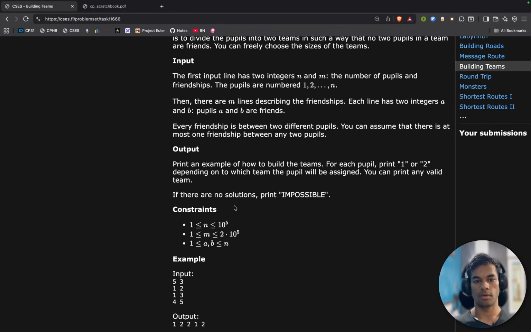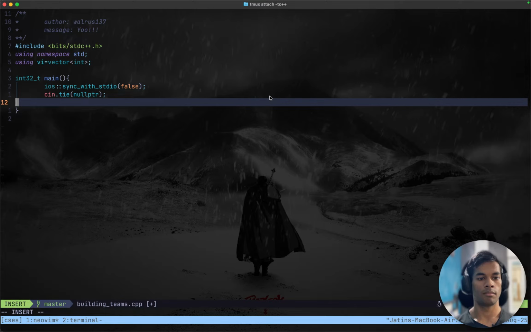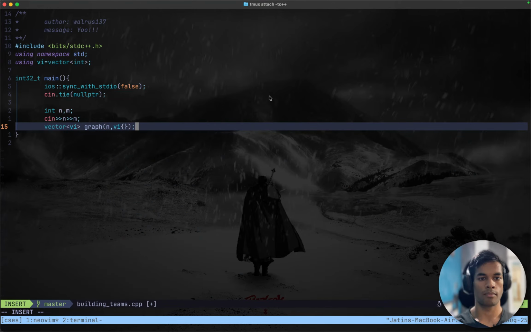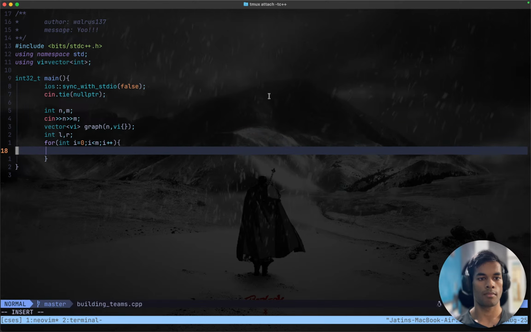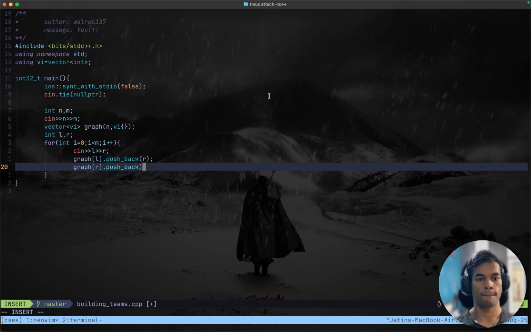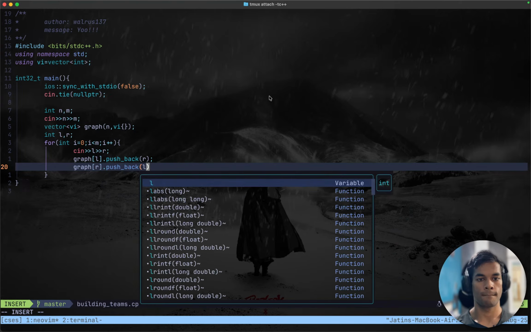And since there are no test cases, and a vector vi or graph n, and i less than m, i plus plus. Right, I have my graph, and now